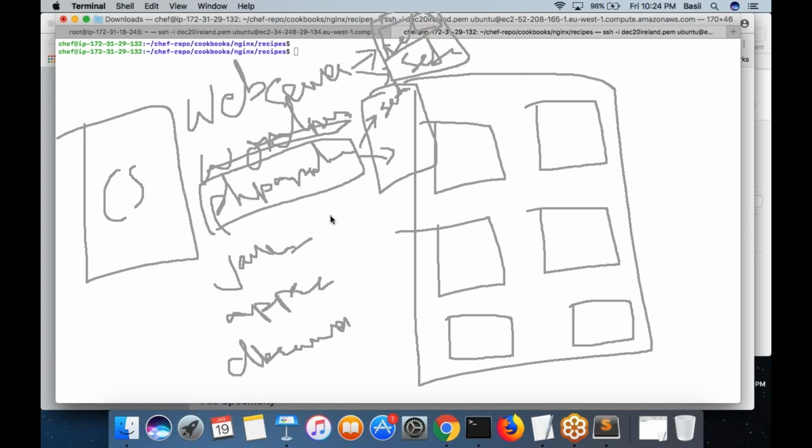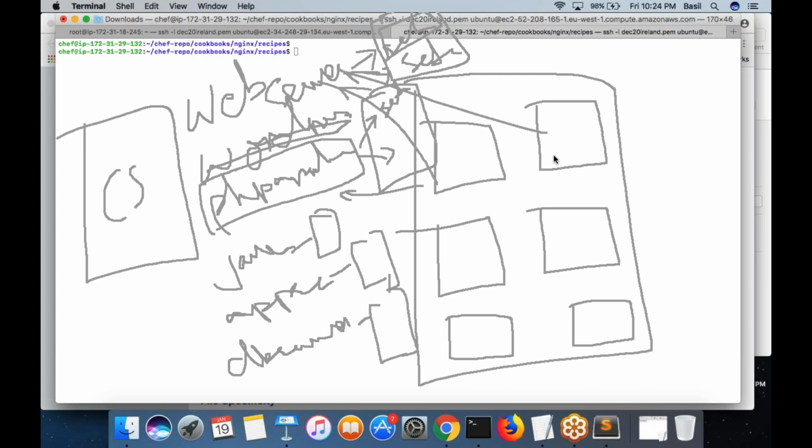So like that, I wanted to create separate run list for individual machines, individual roles, then add your machines into the respective role. So your both WordPress machine need to be added to this role as well as this role, PHP as well as web server role. This machine also need to be added to the same roles. How about your Java machines? It need to be added to this Java application role.